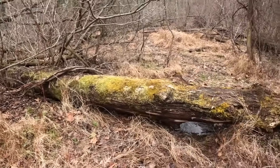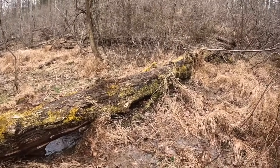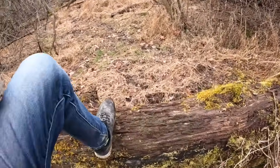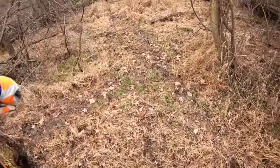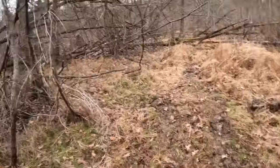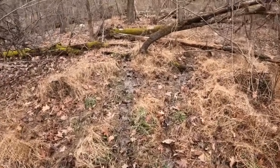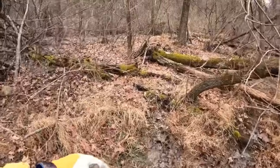You think this tree made a sound when it fell? Probably. You know what kind of tree that is? It's a dead tree. This is just walking around in a slosh pit. It is amazing. You think about animals and...